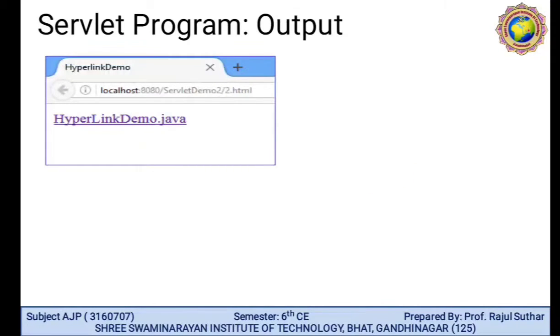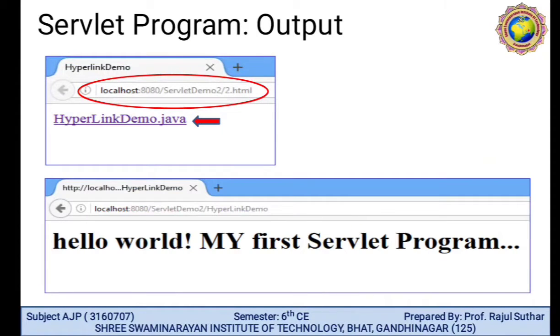This hyperlink enables the hyperlink demo class by clicking on the hyperlink. This type of output will appear: hello world, my first servlet program.